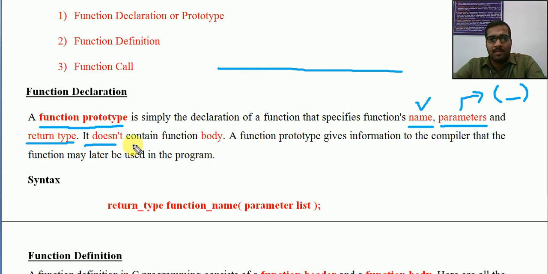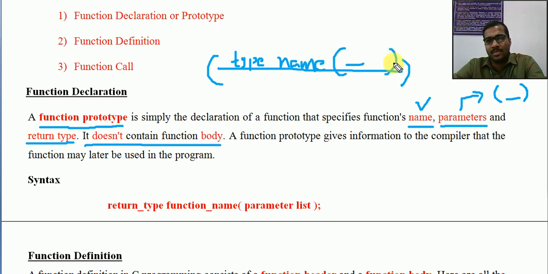Second statement, remember carefully. So we will see the syntax. Second thing is, it does not contain a body. I have already mentioned it consists of only one statement. I will see the syntax just in the next statement. There will be a type. The type will be given as the first word of the declaration statement. Type indicates what type is to be returned. Then comes the name. Then comes the parameter information. They are separated by comma.